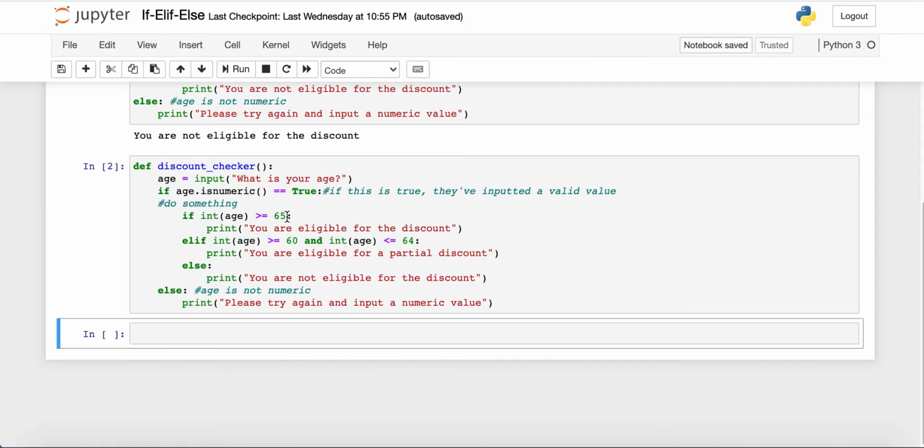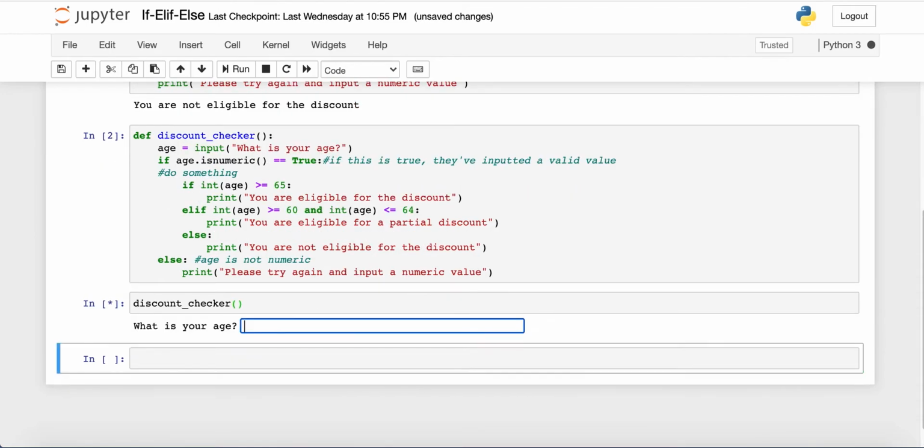When you call a function, some people call it function invocation, so you're invoking a function. Some people just say you're calling a function. It's the exact same thing. And to call our function, all we have to do is type the name of our function and then parentheses. Now, this isn't how you call every function. Sometimes you'll have to put something within these parentheses, but we'll talk more about that in a later video. So for now, we'll just run this cell,